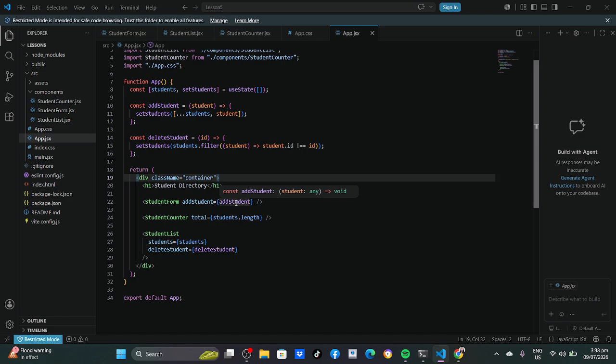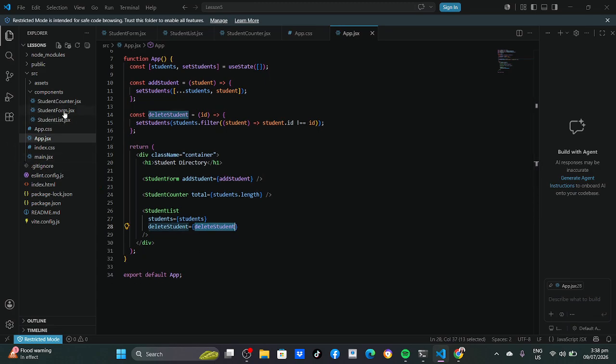The student form receives the add student. Then the student counter receives the total number of the students, and then the student list here receives both the student array and the delete function.